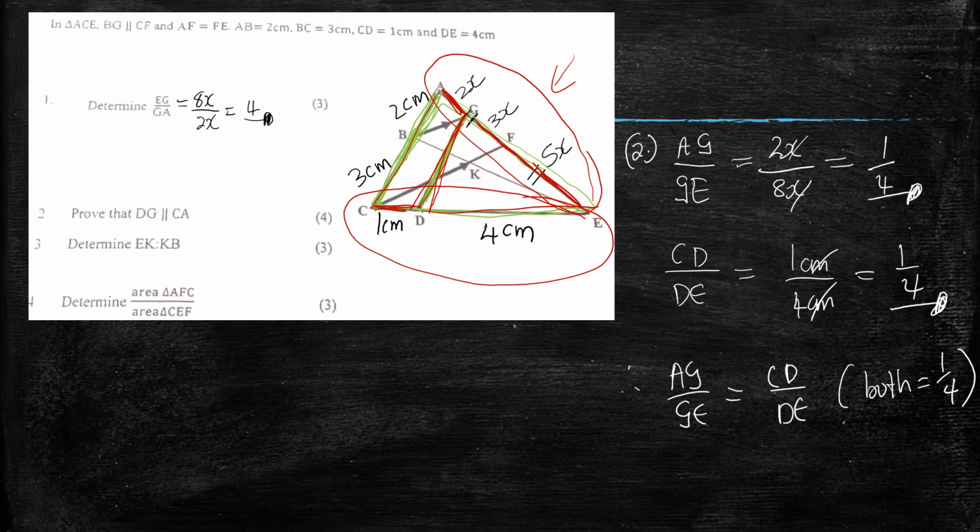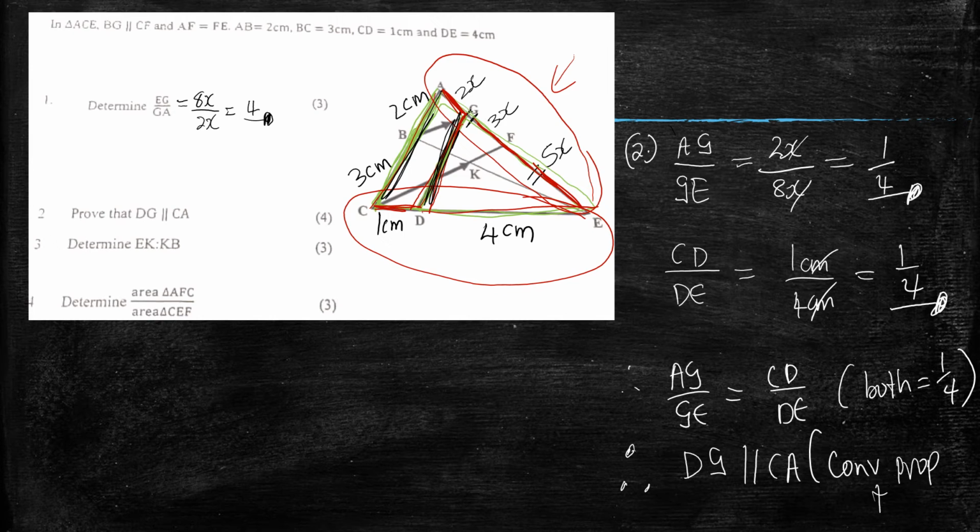So if two sides are in the same proportion, then by the converse proportionality theorem, there's a line here that is parallel to the other side of the triangle. So we can now conclude that therefore it is true that DG is parallel. Okay, let me write it properly. DG is parallel to what? To CA by what? By converse